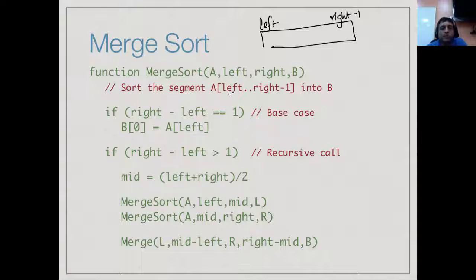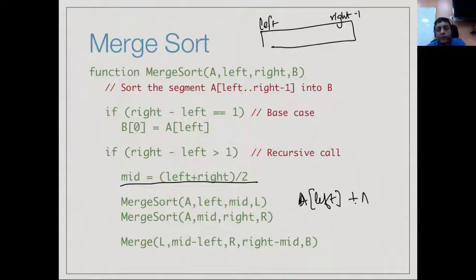So we want to sort the segment starting at A[left] and going up to and including A[right minus 1]. So first of all, if this segment is of length 1, then we just copy the value at A[left] into B. Otherwise, what we do is we find the midpoint, and then we sort up to but not including mid. This is why we use this convention that it's up to mid minus 1. So this will be from A[left]